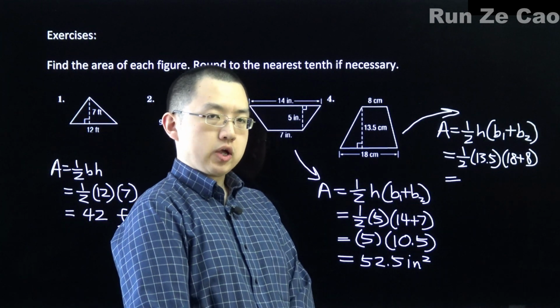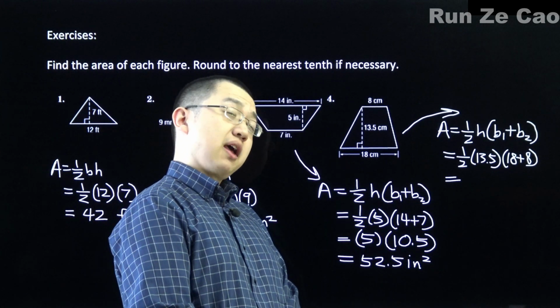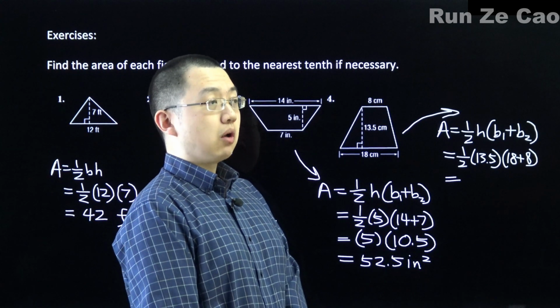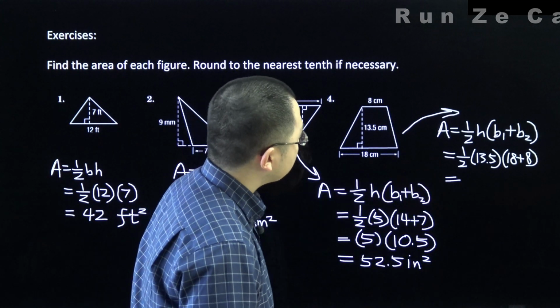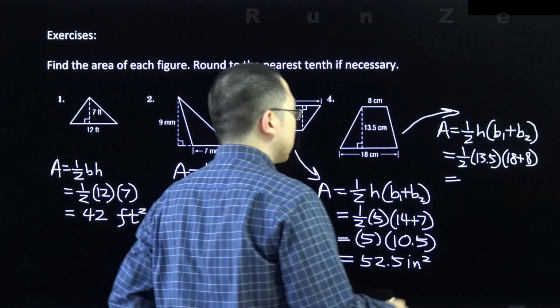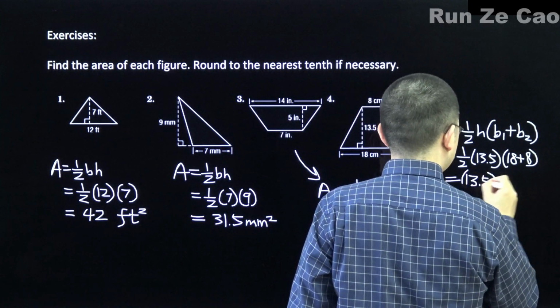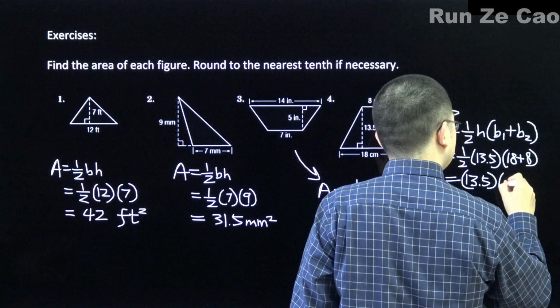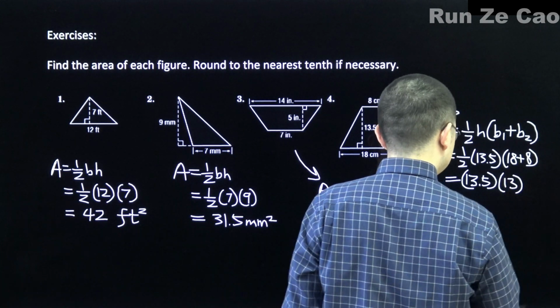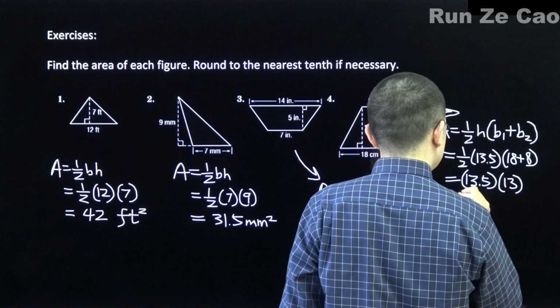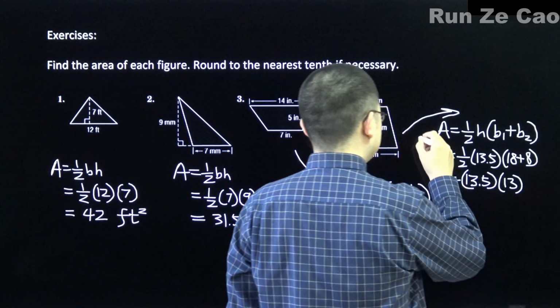We can go with 13 times 27. I mean, that's one way, but then we have the 1/2 over here. So really we're stuck with 13.5 times 13. So we're looking at, oh yeah,